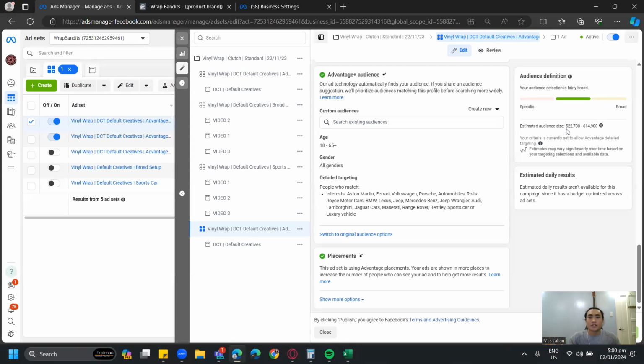So you have to maintain the balance between the two. Now, that might go up as you increase the budget. You might need a bigger audience as you increase the budget. But if you're running a $30 per day campaign, which is $1,000 a month on ad spend, which is what we're doing right here, ideally keep it at 500,000 to 1 million.